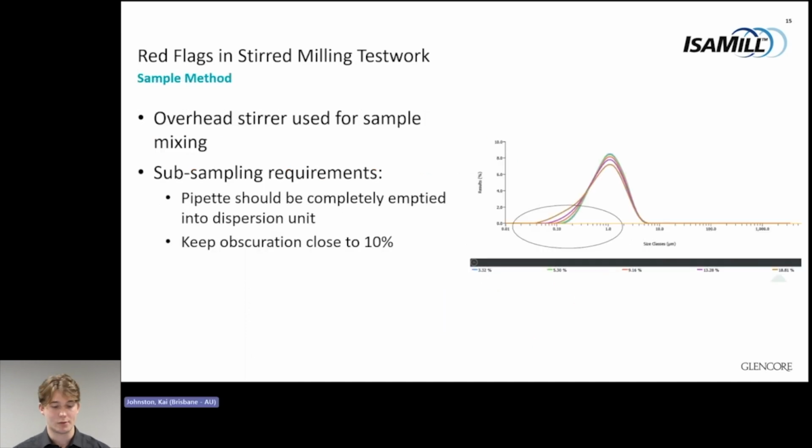Sample method has one of the largest effects on consistency and accuracy of the test, and the equipment manufacturer recommends using an overhead stirrer with a baffled beaker to help mix the sample. Subsampling should be done using a pipette from the center of the baffled beaker to ensure that there is adequate consistency. The entire volume of subsampling of the pipette should be emptied into the laser sizer. By only adding partial volumes, a technician can introduce bias as coarse particles can segregate inside the bulb of the